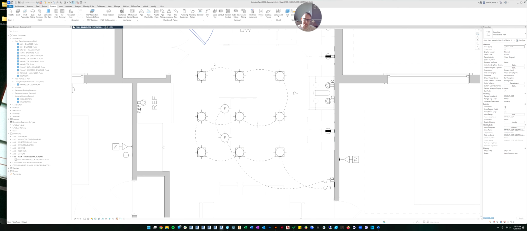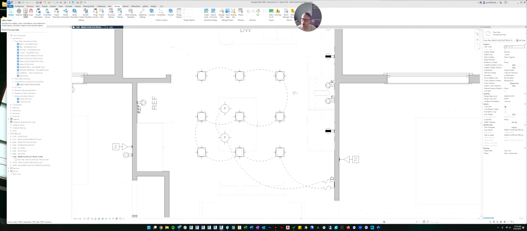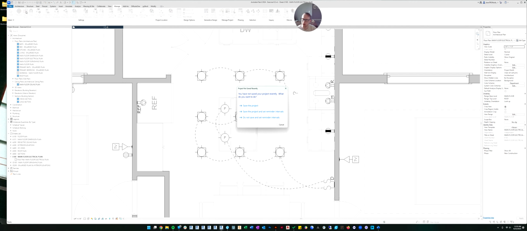The other thing you might notice is my wires are dotted. Your wire probably isn't. So what you'd want to do in order to make your wires dotted like mine is go to the manage command. If you want them solid, you can keep them solid. There's no problems with keeping them solid, but you might want to change it. So you're going to go to the manage tab and there's something called object styles. You're going to click on that button